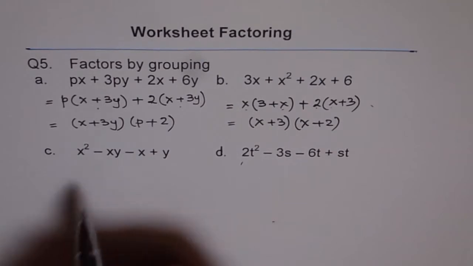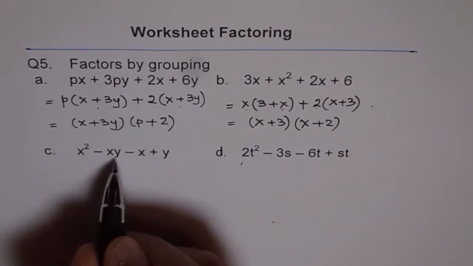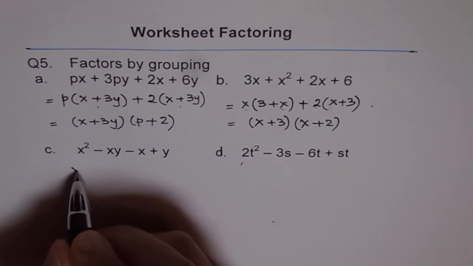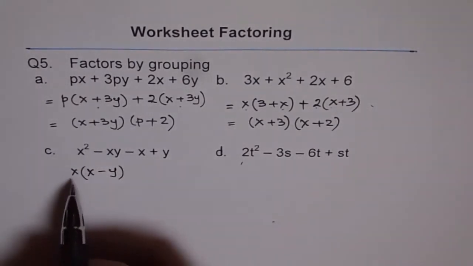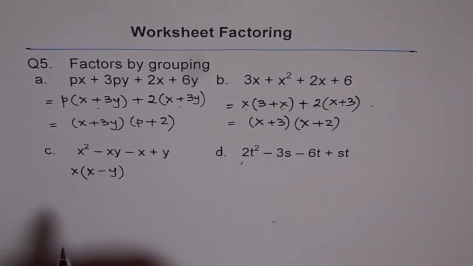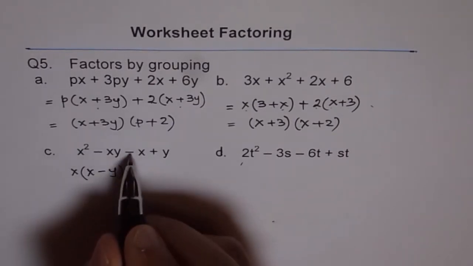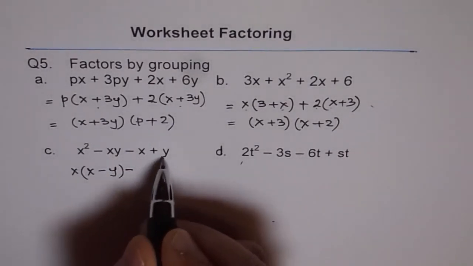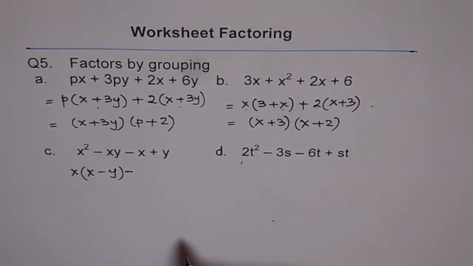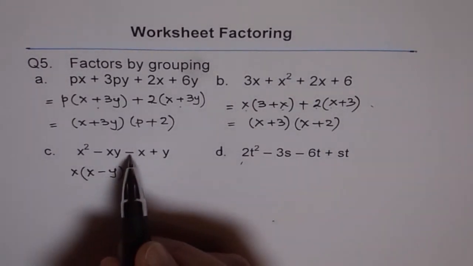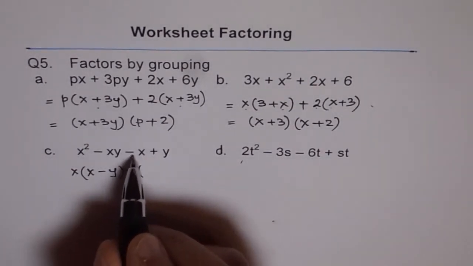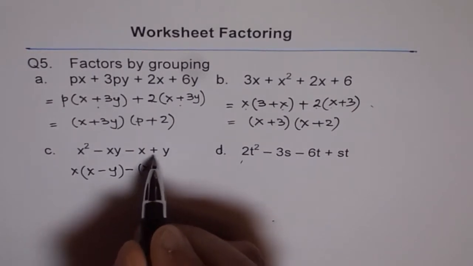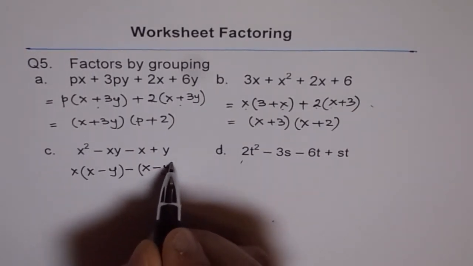Now let's look into this grouping. Now in the first 2 terms, x is common. So let's factor x, and we get x − y. You can always check. x times x is x squared, and x times −y is −xy. So that is a good practice. Let's take minus common. There's nothing common between x and y, but 1 is always common, correct? If the sign is minus, always take minus common. Then all the signs will change. This was −x, so it will be x, plus becomes minus, and we get x − y